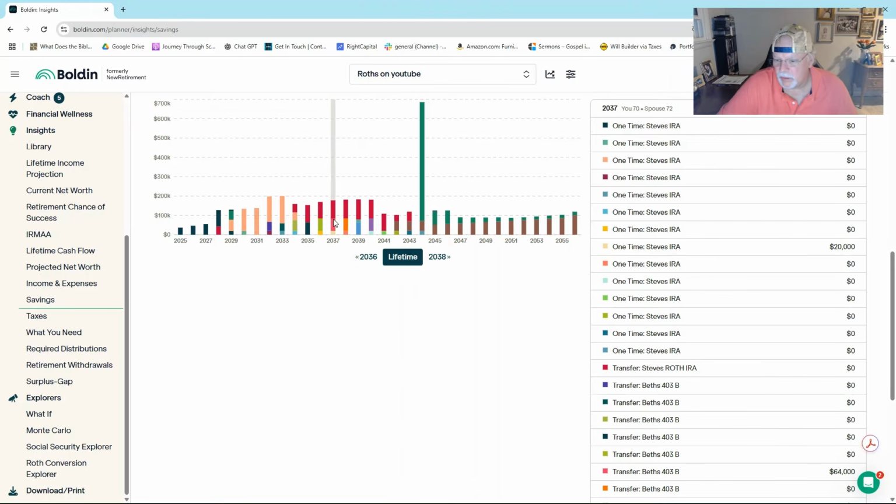You know what's weird? I wish they would make all the accounts the same color. So if it's a transfer from the 403B, Beth's 403B, they should all be red. This is kind of weird that it's a different color. See, there's another transfer from the 403B, but it's orange this time. So I don't know what the methodology is there, but at least you can come in here and let's just